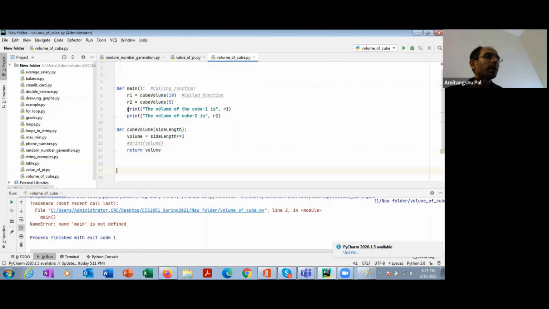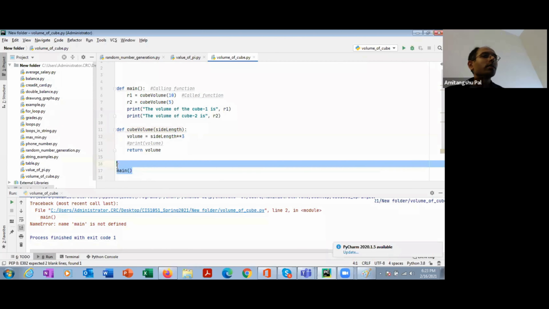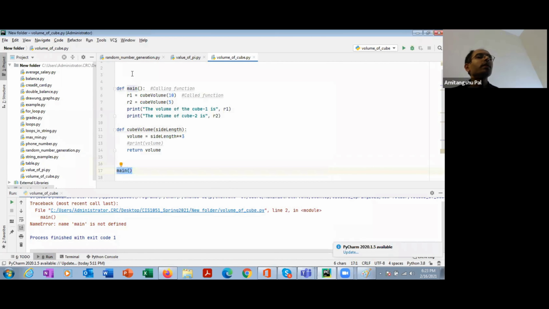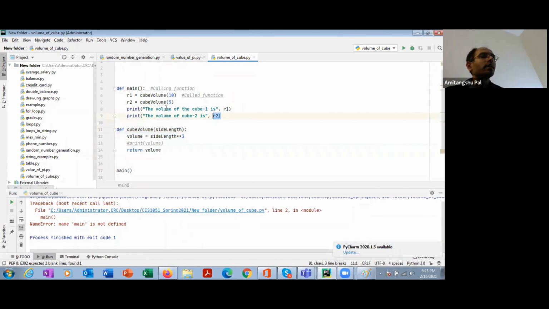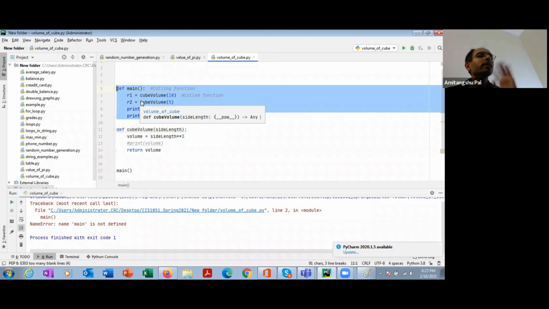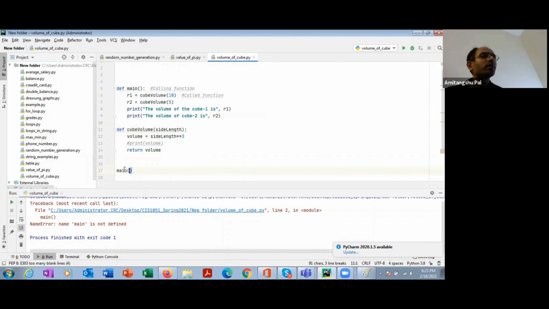All right. So the function that you are calling cannot be called before its definition. The order of definitions you can alternate because, as I said, whenever you are writing the definition of cube volume or main, nothing gets executed. Whenever you call the function, only then the execution starts, and the control goes over here. From here, it is going to call this function and things will get repeated.